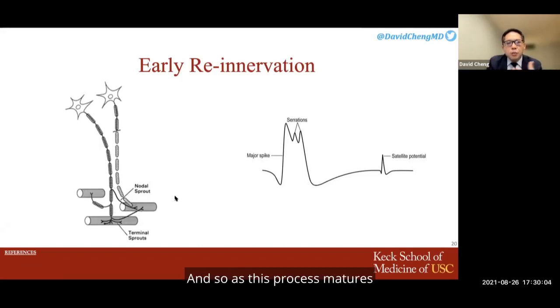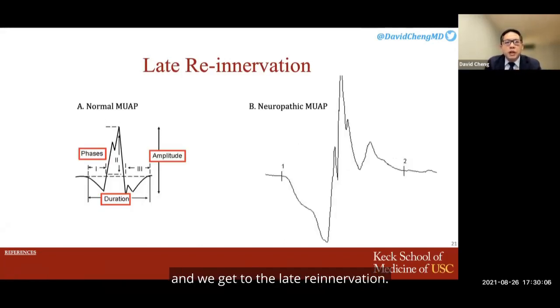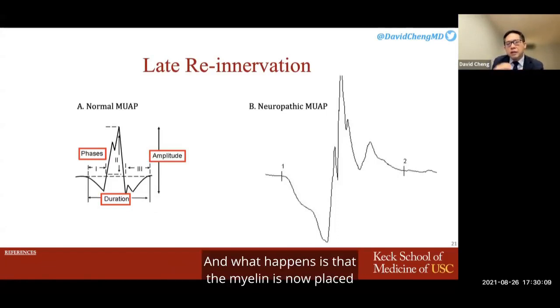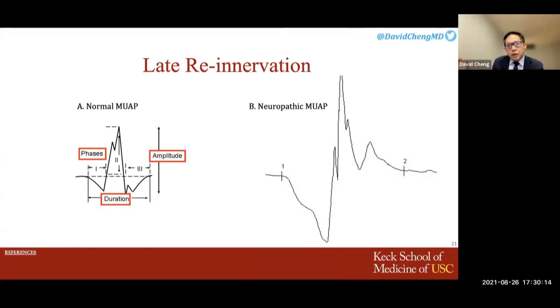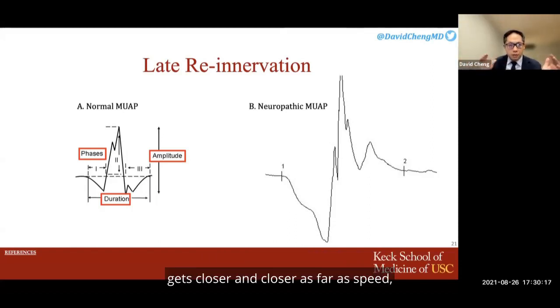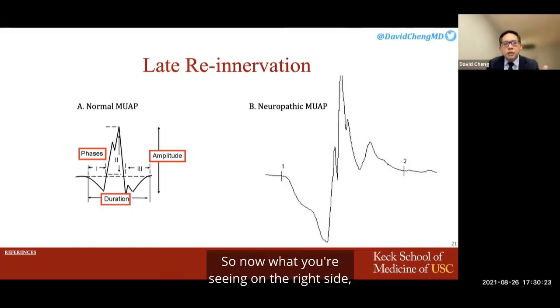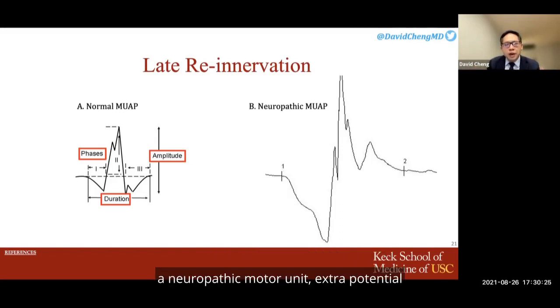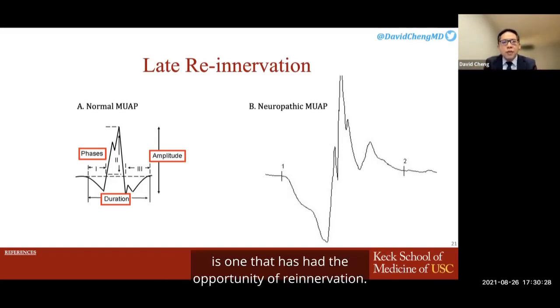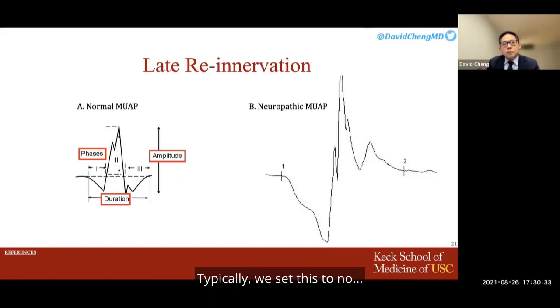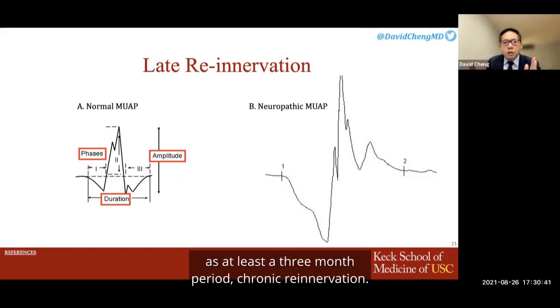As this process matures and we get to late reinnervation, the myelin is now placed, and that satellite potential that you saw earlier gets closer and closer as far as speed, and eventually it gets incorporated into that major spike. So now what you're seeing on the right side, a neuropathic motor unit action potential, is one that has had the opportunity of reinnervation. Typically, we think about these types of phenomena as at least a 3-month period, chronic